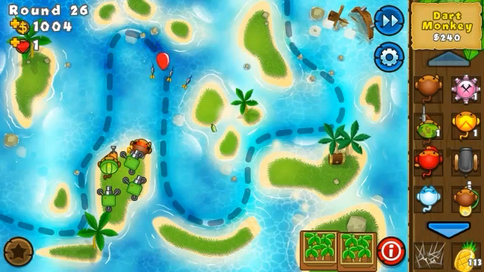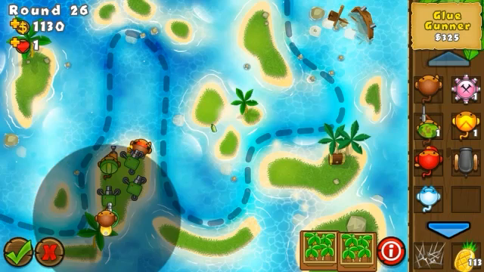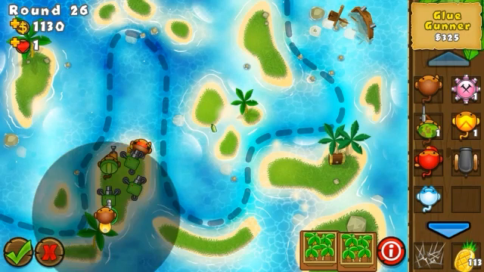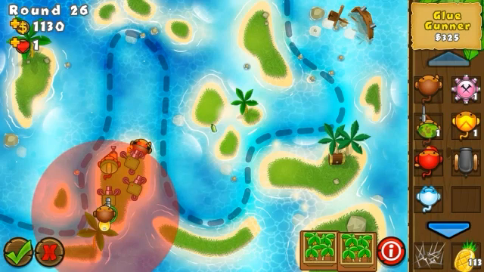The dark monkey should be doing a ton of damage to these balloons, so I'm not worried about that. Okay, so having only this little island at least here in the beginning, it is very essential to place the towers like in these spots